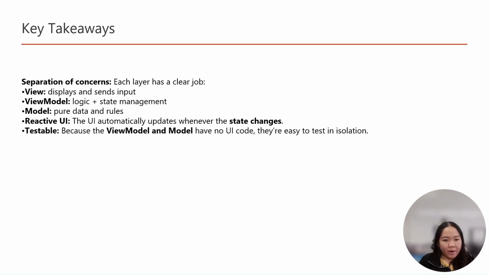Reactive UI: the UI automatically updates whenever the state changes. And testable, because the ViewModel and model have no UI code. They're easy to test in isolation. So in the next video, I'm going to demo how the Unscramble app